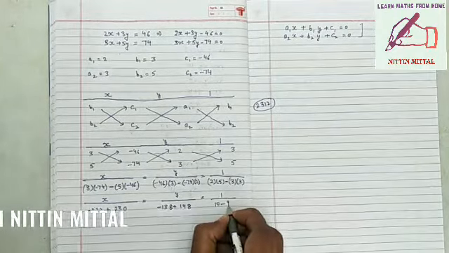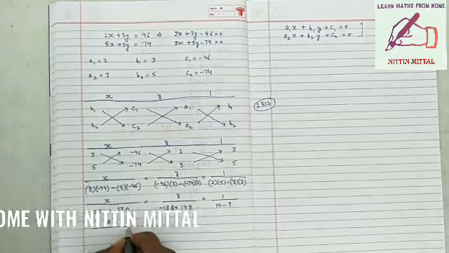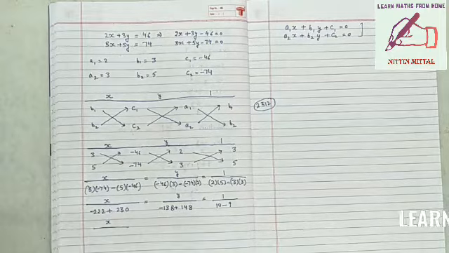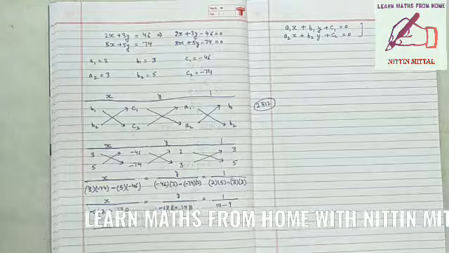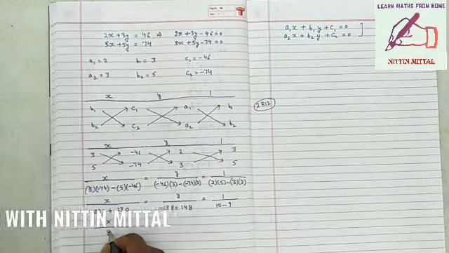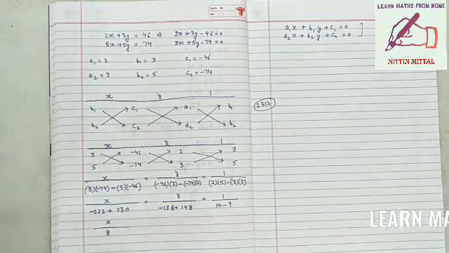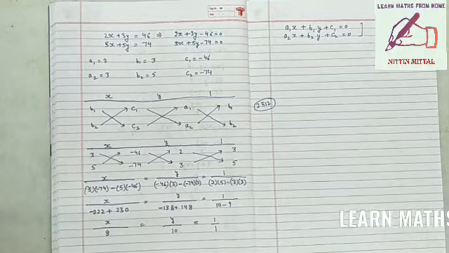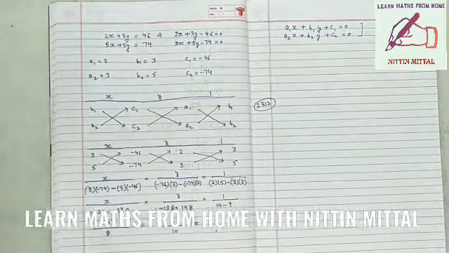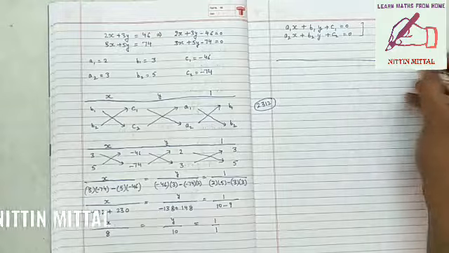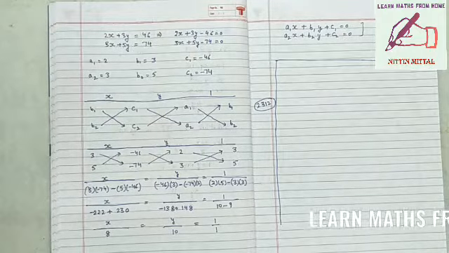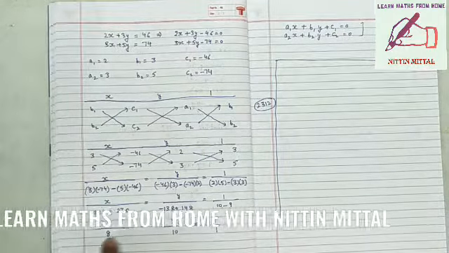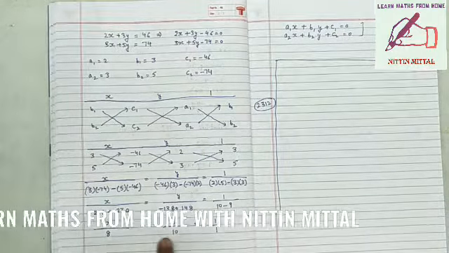Now let me do the subtraction or addition, whatever is there. So here if you see, one term is negative, one term is positive, so the result is 8 plus, because the bigger value is 230. So x over 8 equal to y over 10 equal to 1 over 1, right? Now you see we got 3 fractions which are equal to each other.